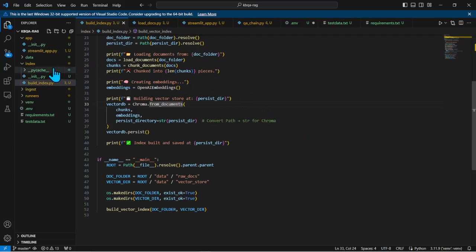Next is our data, basically where we are storing our PDFs, text files, etc. And the next is ingest, which is responsible for reading the PDFs, texts, or markdown files and producing chunk documents. So this will produce the chunk documents. And finally